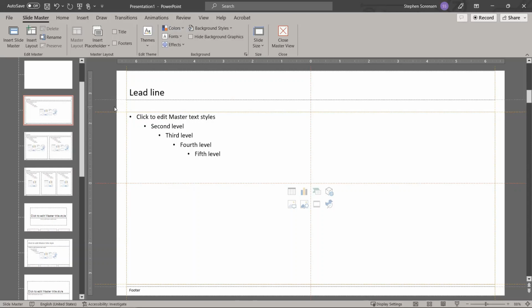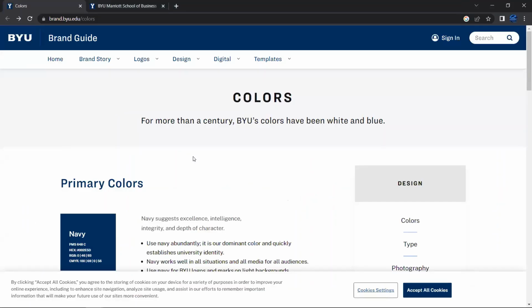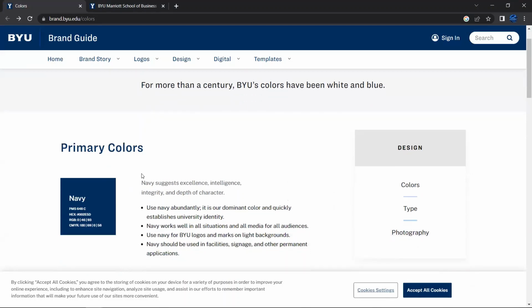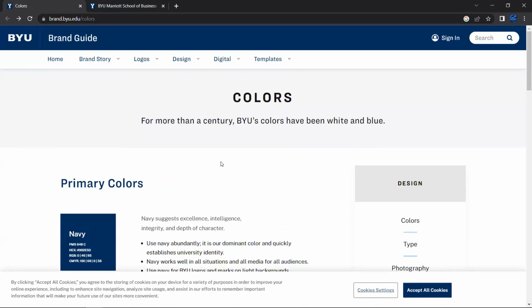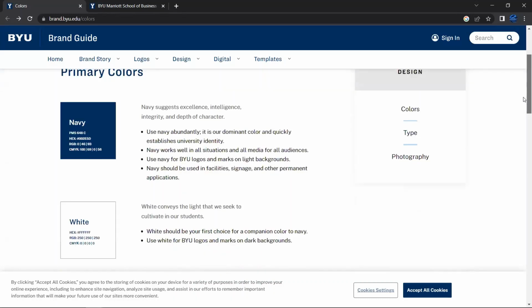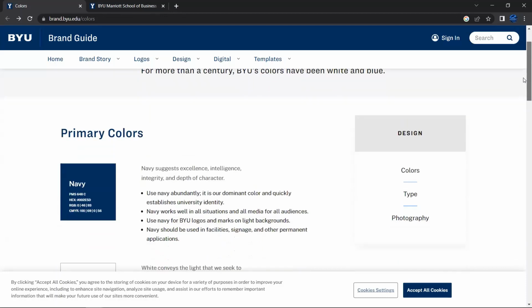As talked about in the previous slide, it's really important to try to choose a color palette to stick with and then use that color palette. Now, since I'm doing this lecture for Brigham Young University, I'm going to use their color palette that they have. And if you're lucky, you can actually find the color palette of the organization that you're working for. It's best practice if you create a slide deck for another organization to use their colors and their design tips